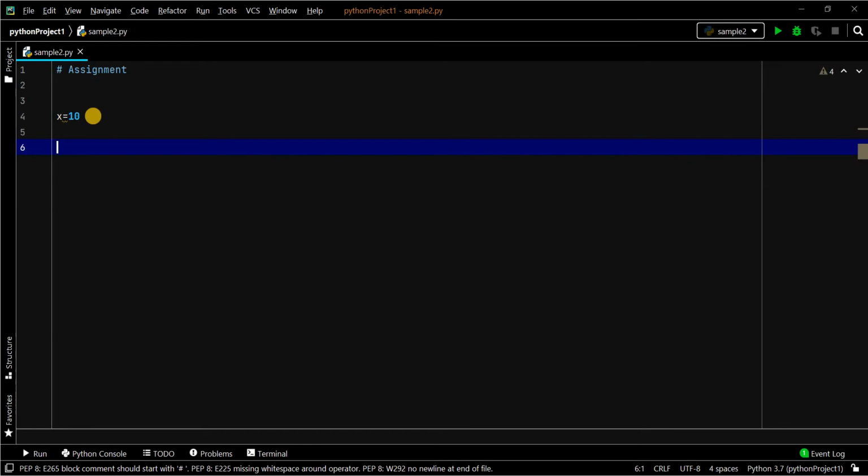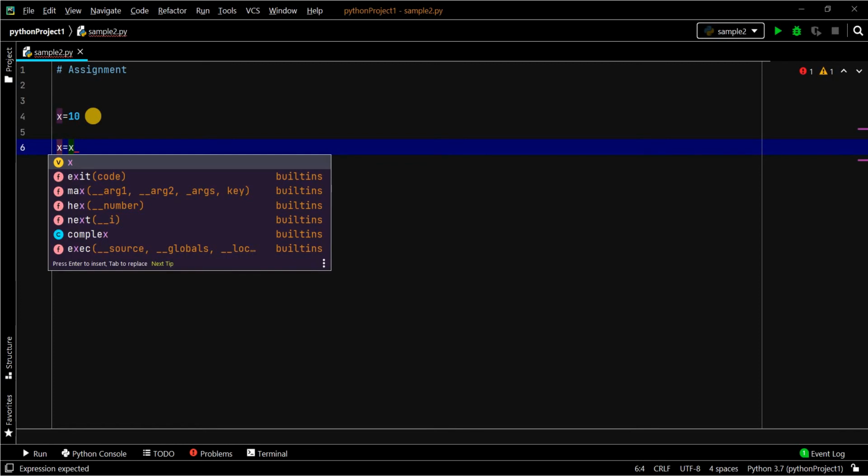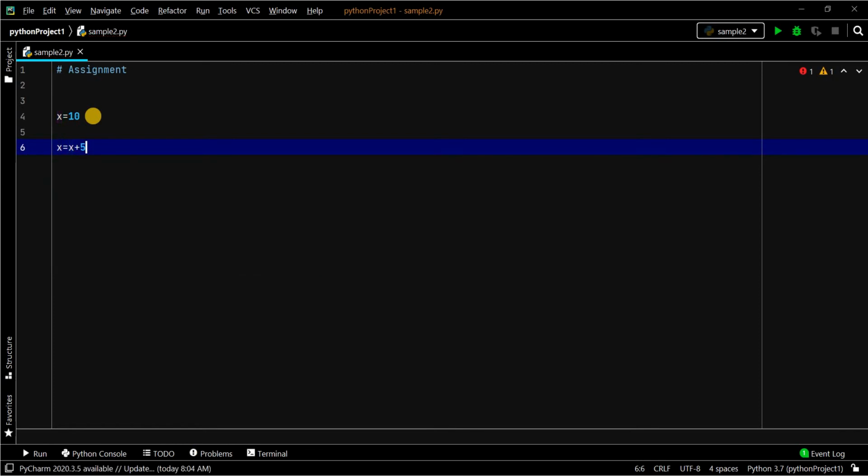If you want to add some numbers to this x, then you will give x equals x plus 5. To rewrite the statement, we can give x plus equals 3. This is nothing but x equals x plus 3.